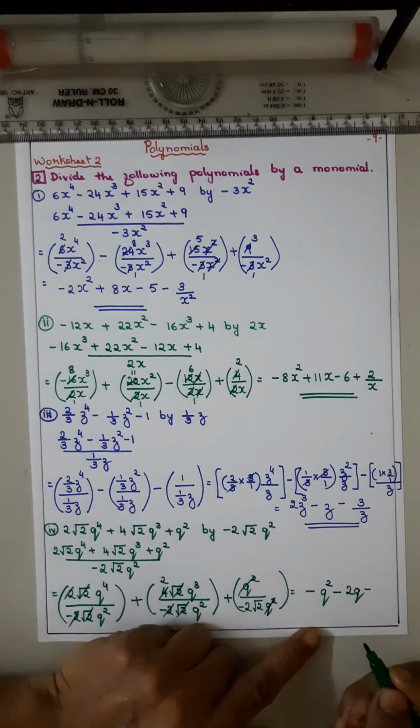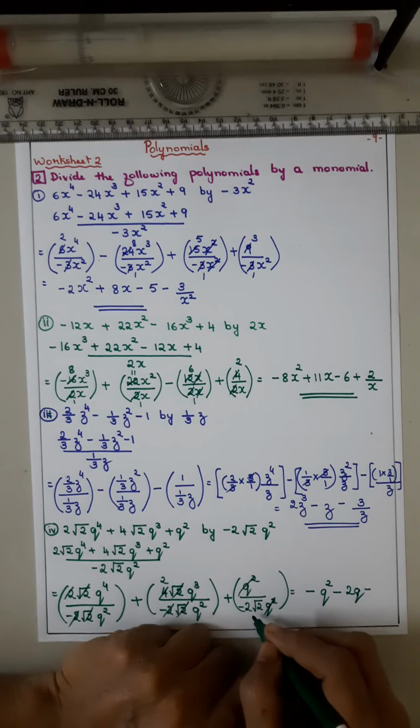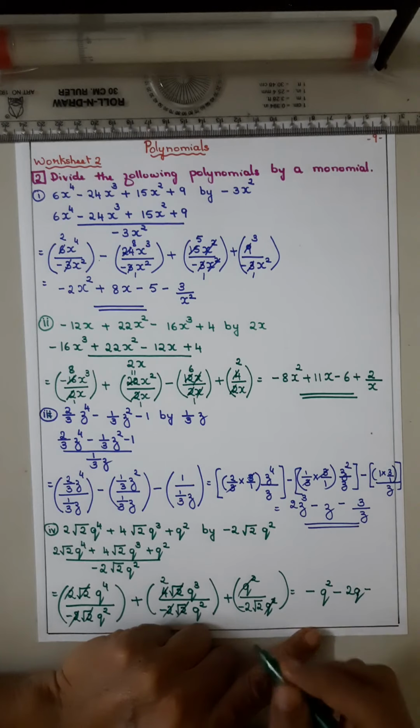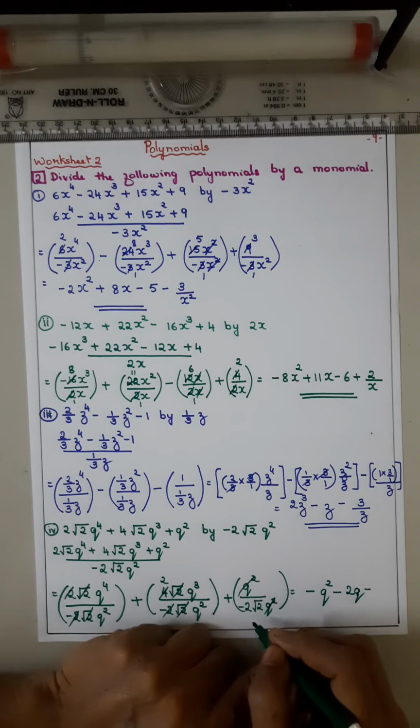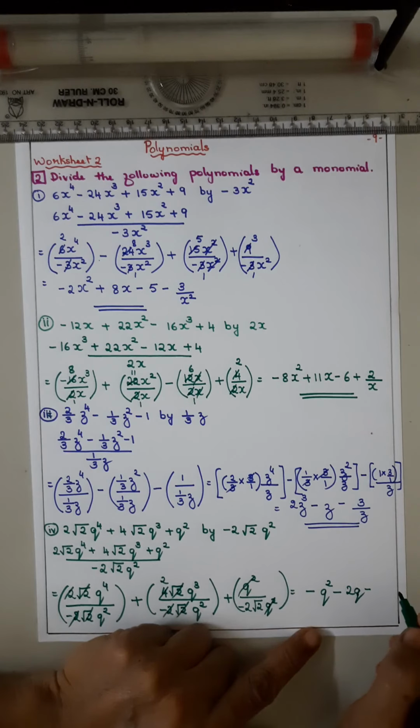q squared cut. But here, like in the earlier sums, root 2 is in the denominator but for cutting there is nothing in the numerator. So you keep it like this only, 1 upon 2 root 2. Here there is no need to multiply because there is nothing in the numerator to divide, so keep it like this only. So the answer is minus q squared minus 2q minus 1 upon 2 root 2.